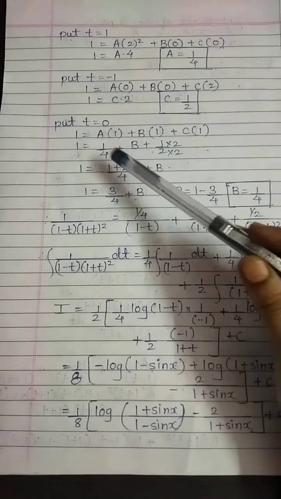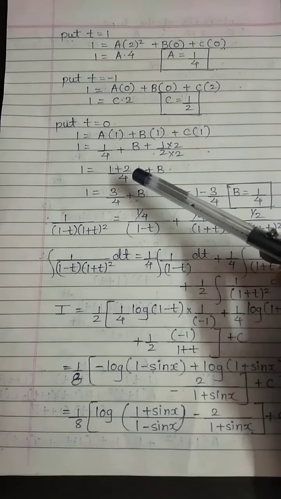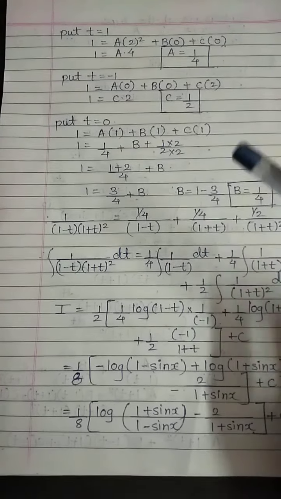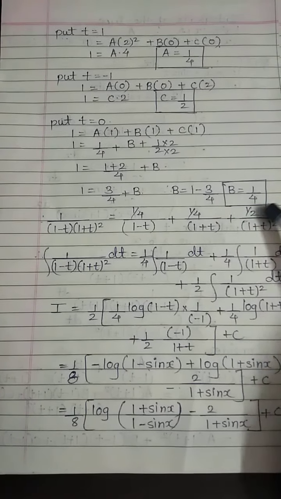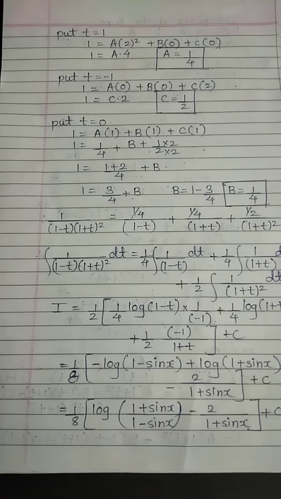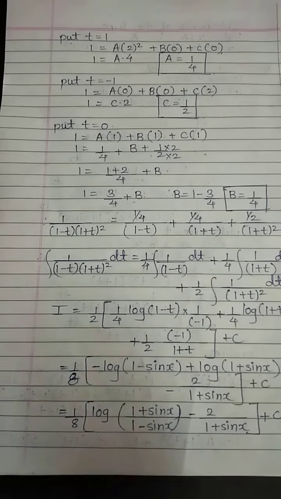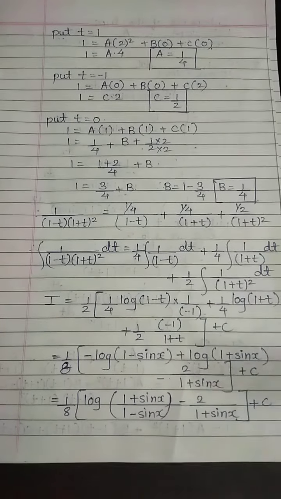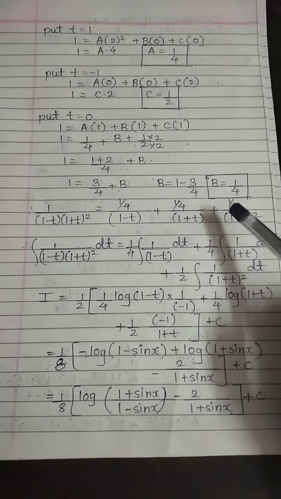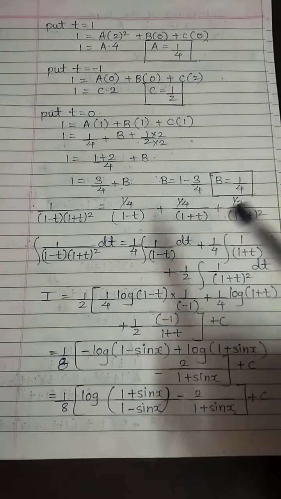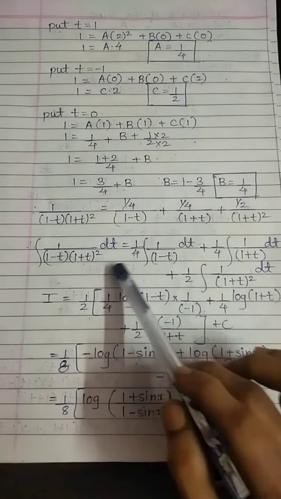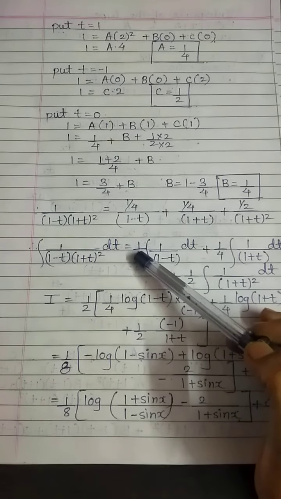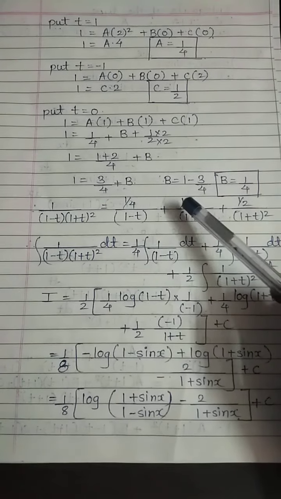Both values we will substitute here, and after simplification we will get the value of constant b. So b is equal to 1 by 4. Now these three values a, b, c we will substitute in that expression from where we consider the constant a, b, c. Now integrating both the sides, here we can write 1 by 4 outside the integration sign,